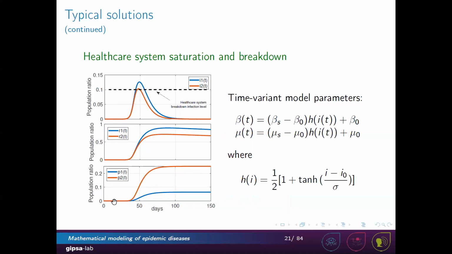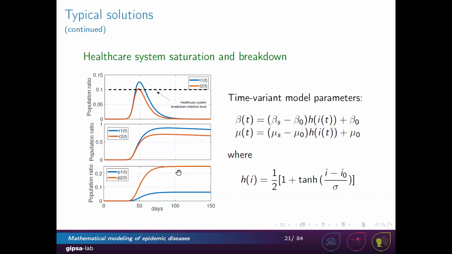So what we can see here is that the number of people who will pass away due to saturation can be several times more than the case that the system had not saturated. So even if we pass the saturation threshold by a small fraction, here it's about 2.5%, we can see that the overall number of people who die has been multiplied by a factor of 3 or 4.